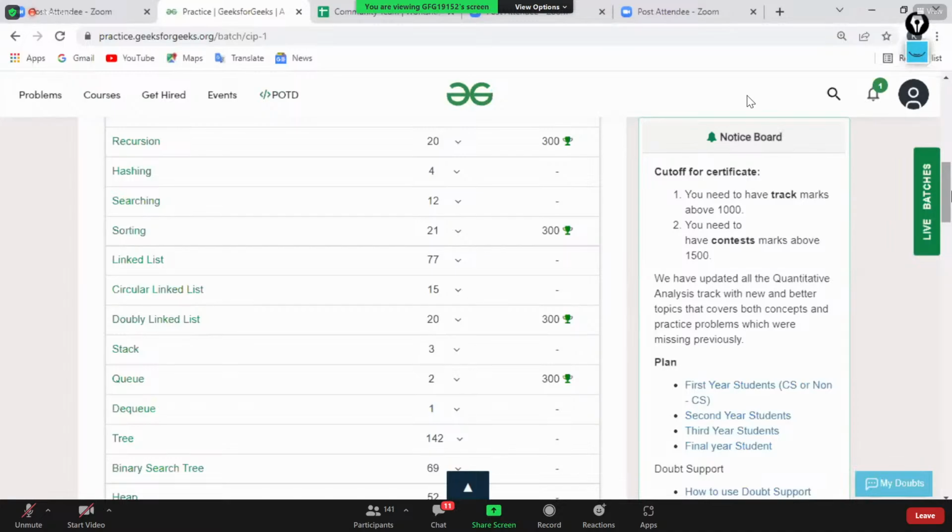So now next in stack you would be doing 4 to 5 questions. What is pop operation, what is top operation, 4 to 5 questions. And next we have queues. So again in queues, firstly about data structure, basic about data structure, and then insertion, deletion, updation, and then 4 to 5 questions. Okay, and next we have DQ. So guys, DQ is not much important, but maybe you can